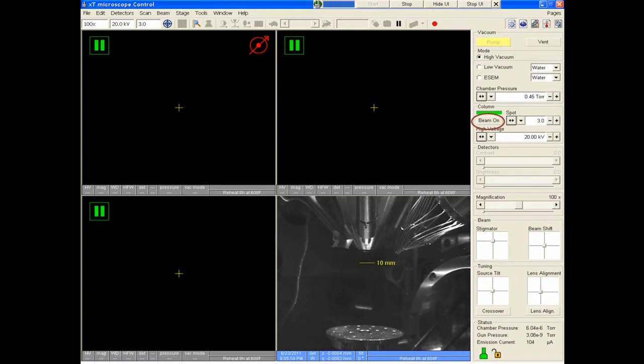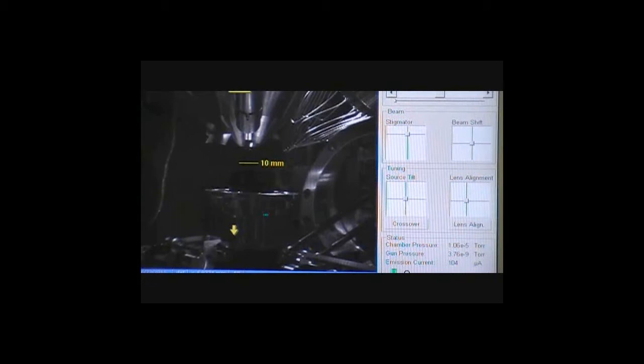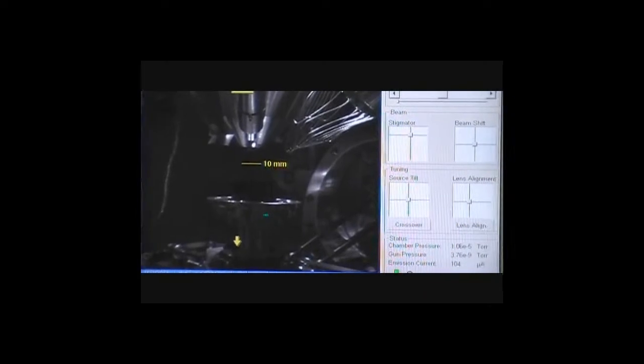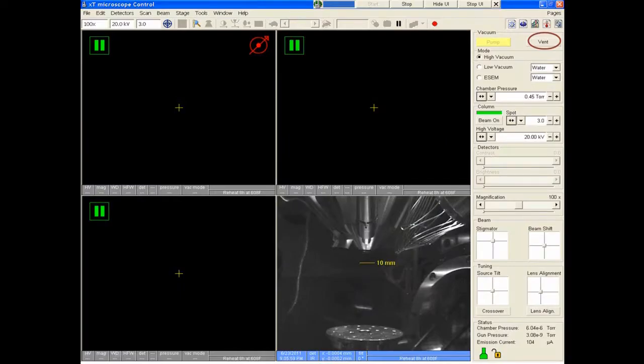Turn off the electron gun by clicking the beam button in the software. Move the sample back to its original position before venting the chamber. Click the vent button to start the venting operation.